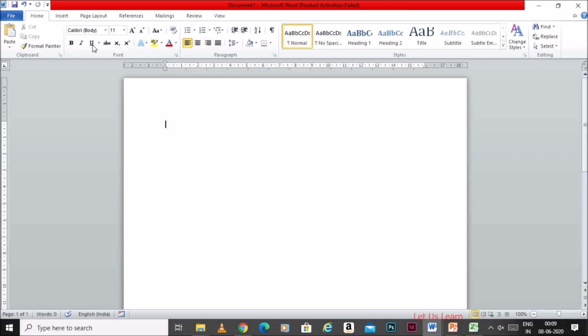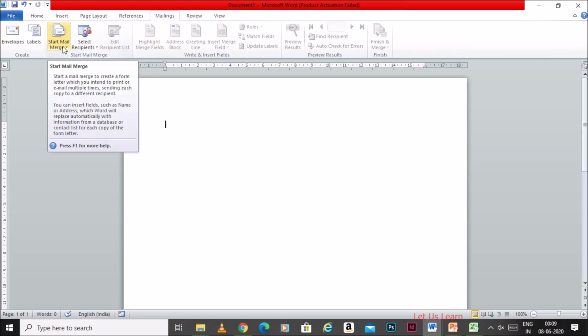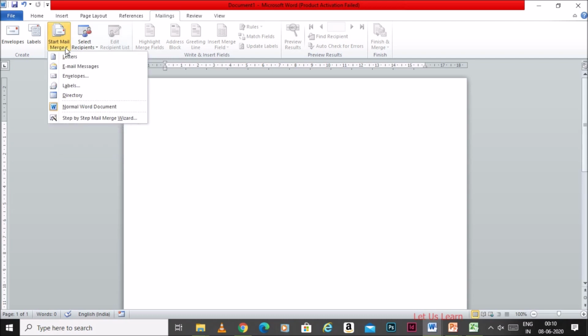Okay, open a new Word document. In that, go to the Mailings tab and click Start Mail Merge. Okay, if you click this drop down, you will get 5 different types of already predefined mail merge templates. First one is called letters, then email. From this Word you can send an email, whatever you are sending from Gmail, right, the same option you can do from Word also. That we will see in the next class. And the third one is envelopes, labels and directory.